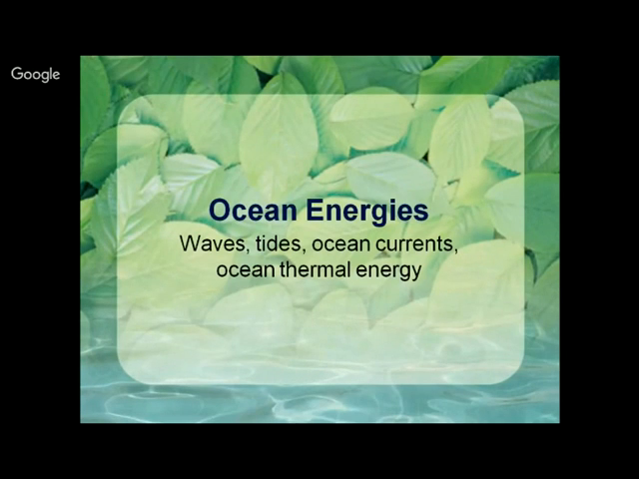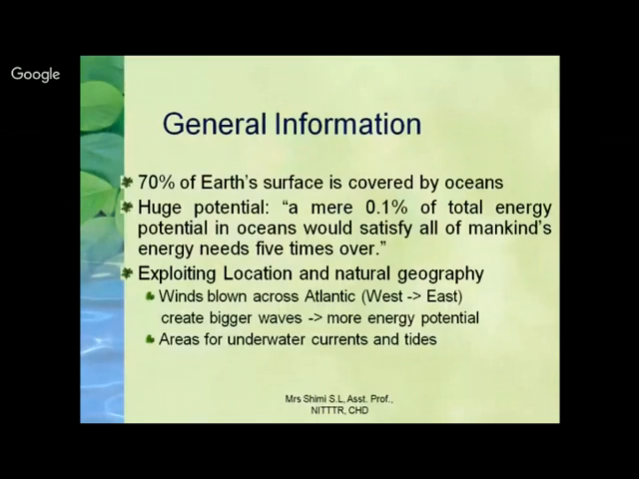Next is from ocean. So ocean energies, you have different forms like waves, tides, ocean current, ocean thermal effects. So from there also you can collect electricity. So ocean में आप देखते समय, and as we all know, around 70% of the earth's surface is covered by ocean, and even 0.1% उसमें से हम energy extract कर दिया, that is more than enough for the whole mankind. That is what we are saying. And depending on the location also, you can extract this